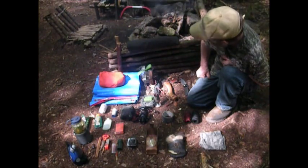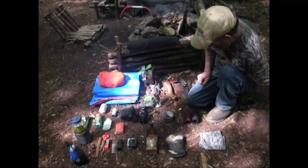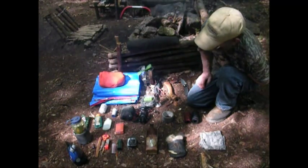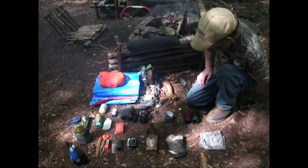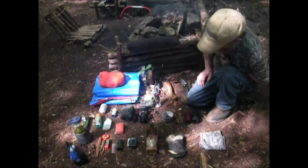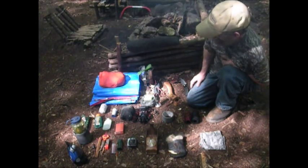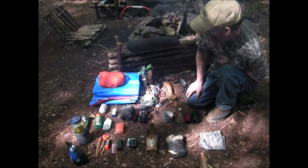With my chair and my little table and my shelter, they all needed some cordage. All right. Next, I have my candling device. That is a 500 lumen headlamp. A headlamp, I would say you really should have, for obvious reasons, you have